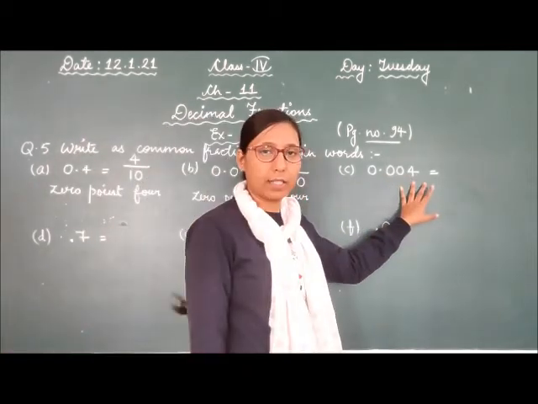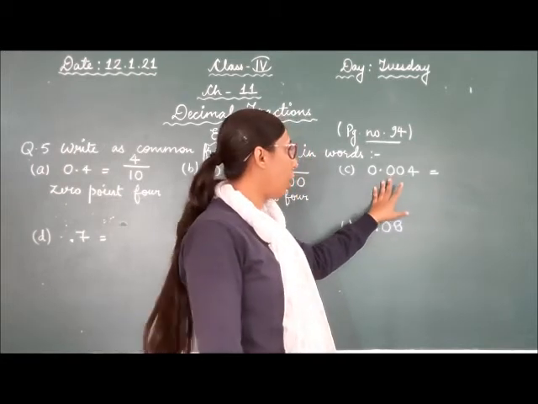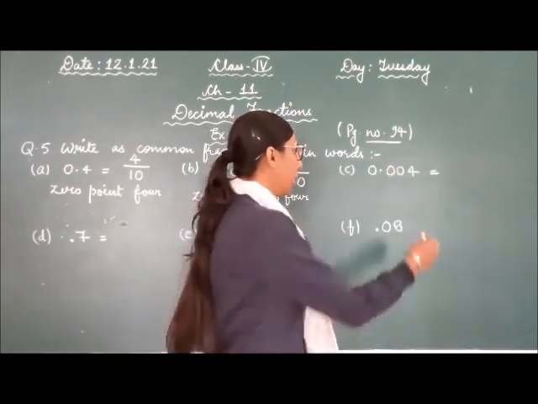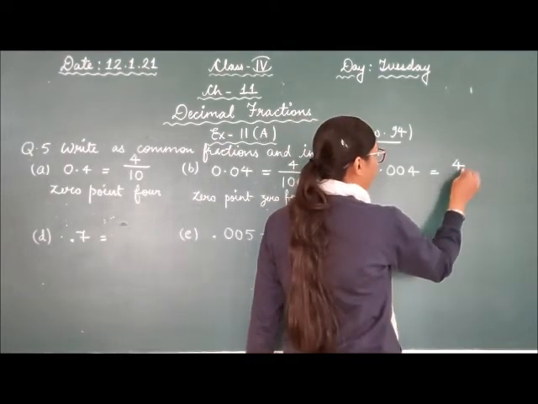Now there are 3 digits after decimal point. So according to 3 digit you are going to write 1000 in the denominator. So it will be 4 as a numerator